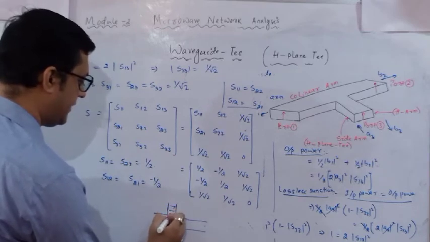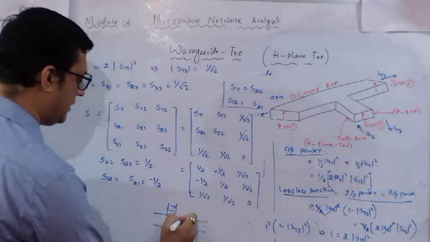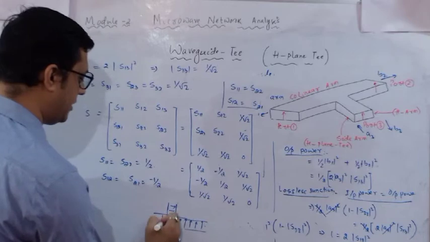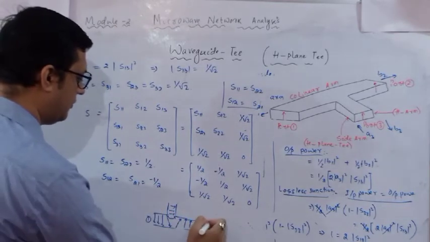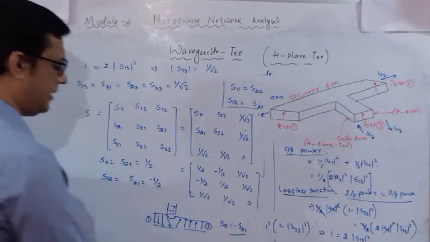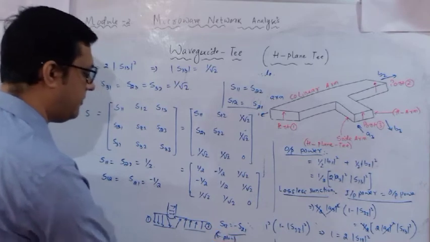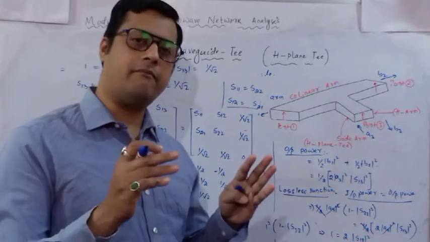So these are the electric fields. One will go down, one will go up, and the electric fields are propagating in this particular nature. So with respect to ports 1 and 2, I can write S12 is minus S21 in E plane. In E plane, make a correction. But in H plane, both are having the same magnitude and same phase.